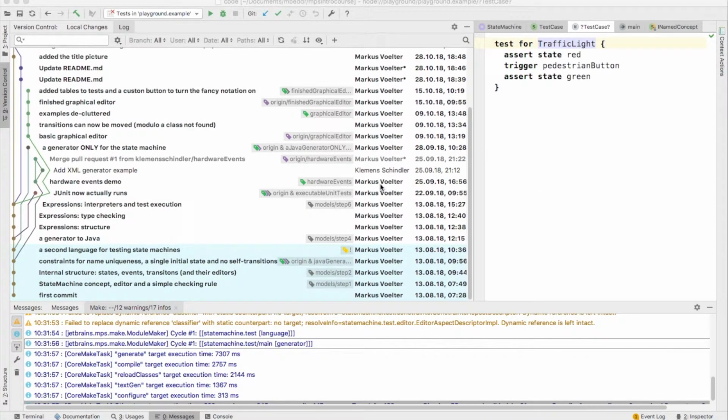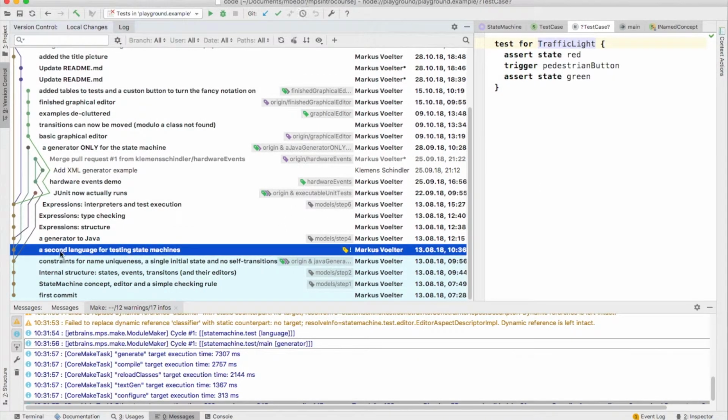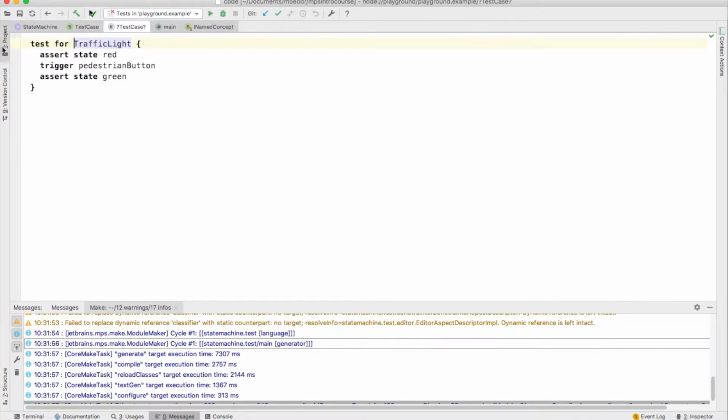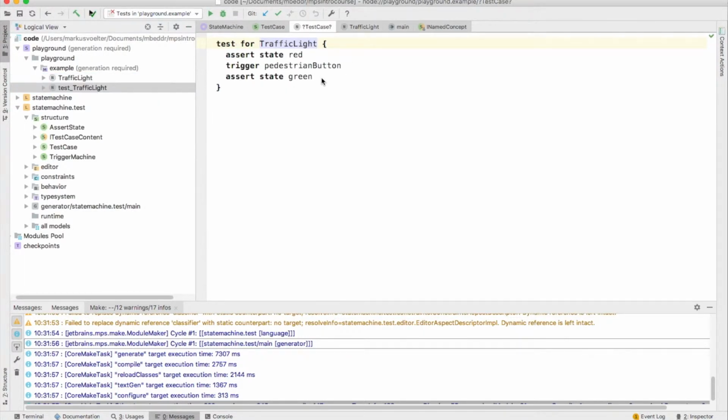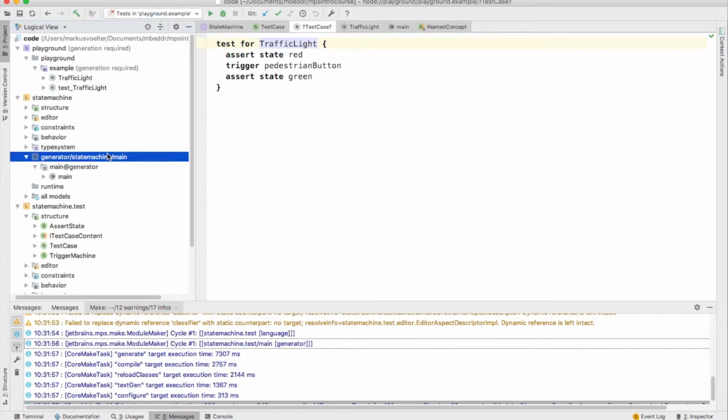Alright, so let's build a generator. I'm starting from commit number 5, a second language for testing state machines. And obviously the state of the model is that we have the state machine here and the test for that state machine. Now what we want to do is write a generator that generates the state machine to Java. So we put that into the state machine language, and the generator aspect has already been created,